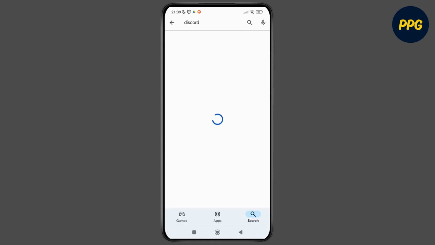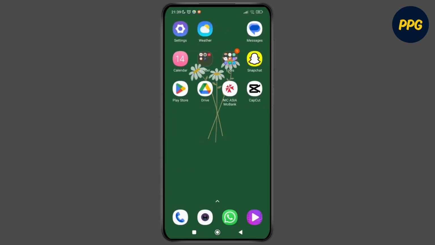So as you tap on the Discord application, you'll be able to see if you have any updates available for the Discord application or not. And if you have, then you just need to tap on update and update the app to its latest version. If not, then you can just go back and then tap on the settings icon, or you can just go